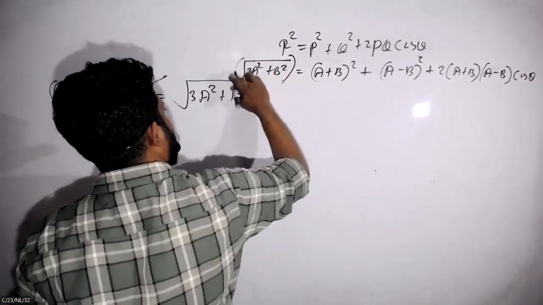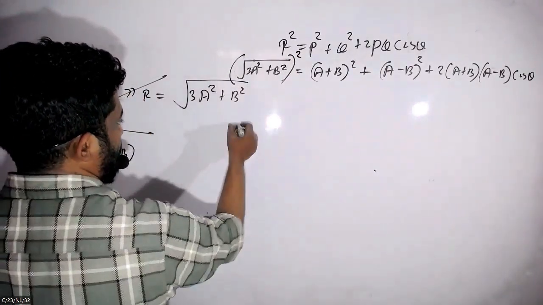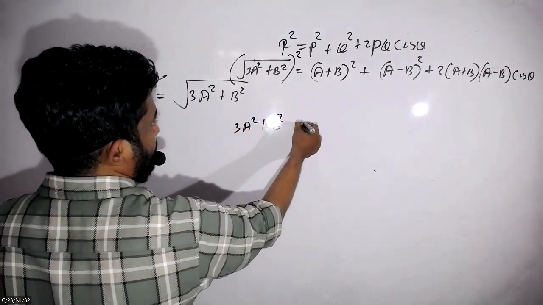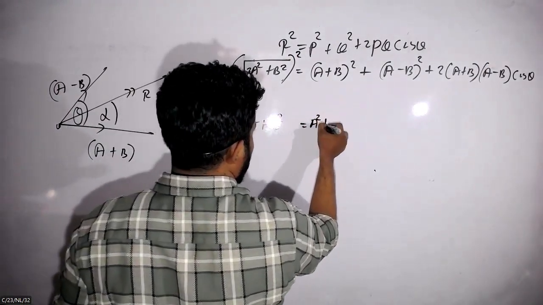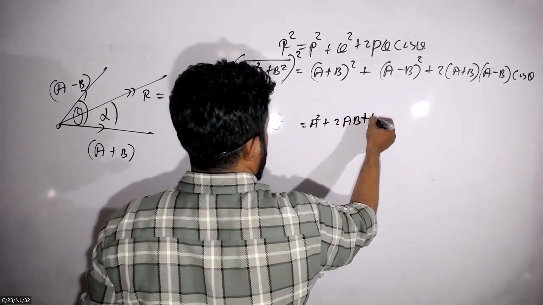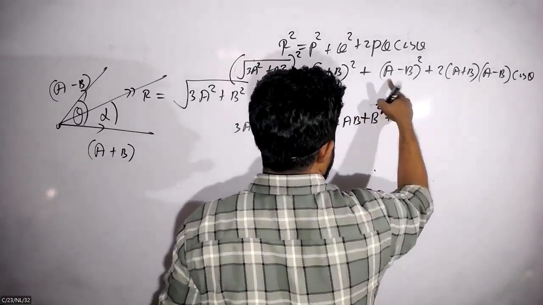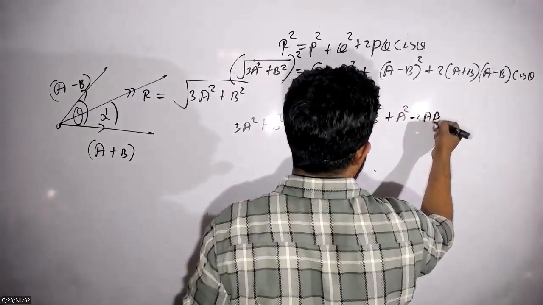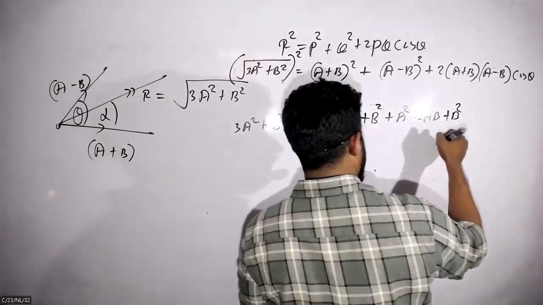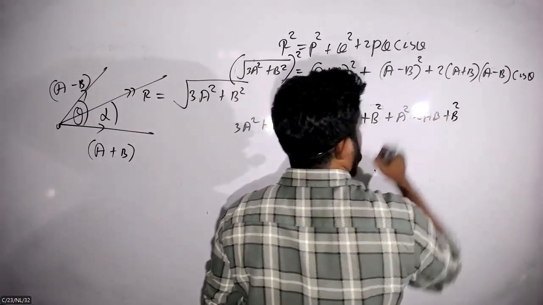Right. Then the answer is මෙයාගේ squared එක වෙන්නේ 3a squared plus b squared. Then square of the first term into second term into 2, last term squared. Again, square of the first term into second term into 2, square of the last term. Put a minus b into minus b plus b squared, right? Then